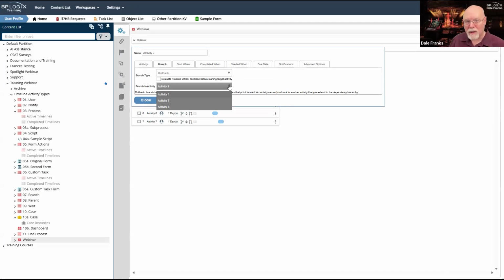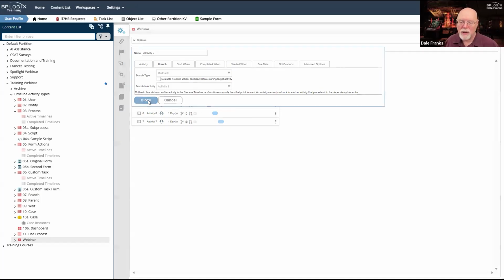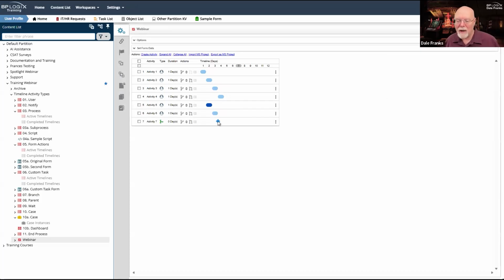And the reason is that rollback only works for rolling back to activities that are in the critical path of where my branch is. So my branch is in activity 7. So for activity 7, well, there's a dependency, activity 6. Activity 6 has one dependency, activity 5, and activity 5 itself has one dependency, activity 1.